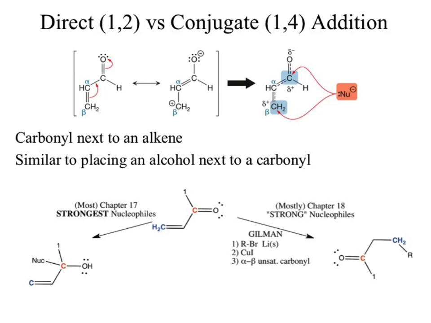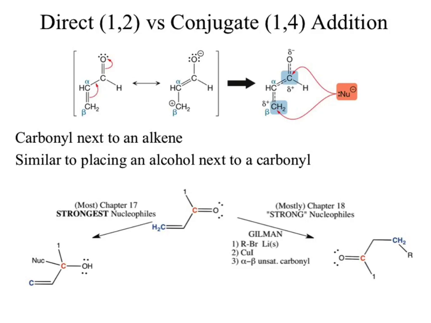I said it would be direct addition. It is a direct addition. That's the definition of 1,2. It's a negative carbon, and negative carbons, would we predict those to be stupidly strong or just strong? Stupidly strong, because carbon doesn't like to be negative. Carbon can't stabilize a negative charge. So we would expect our Grignards to do a 1,2 addition. Right? So let's go ahead and take a look at this tail end of chapter 17, with just our